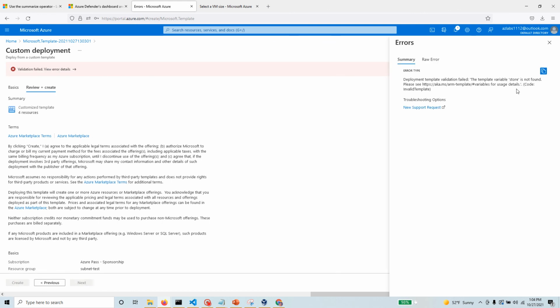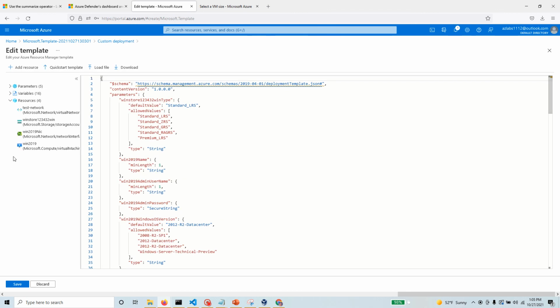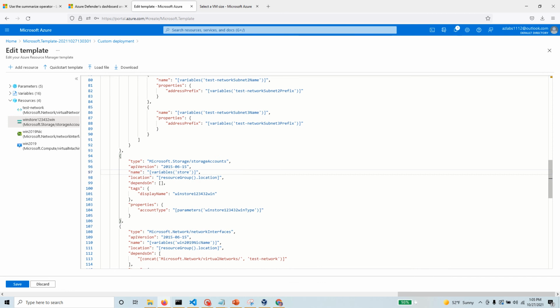More validation fails. Code invalid. Template variable store is not found. So what I did, I changed the name, but I didn't change the store anywhere else. So again, I gotta go back. Okay,